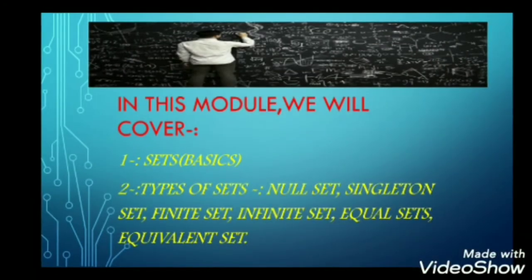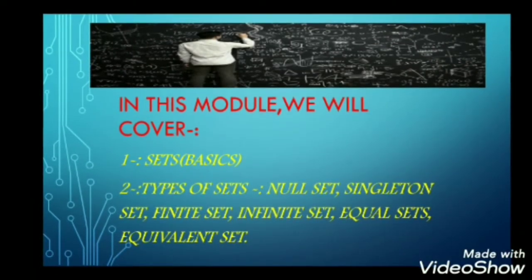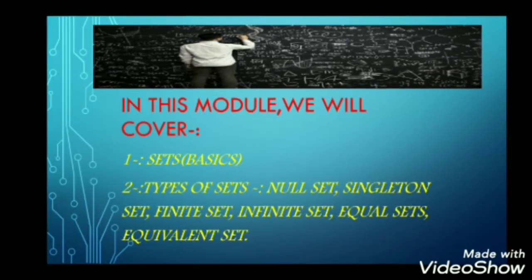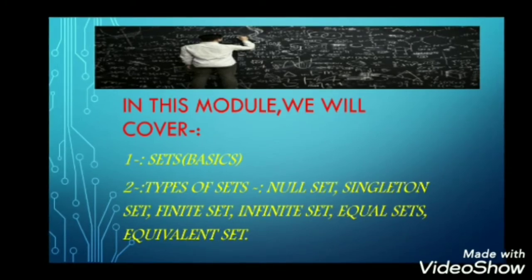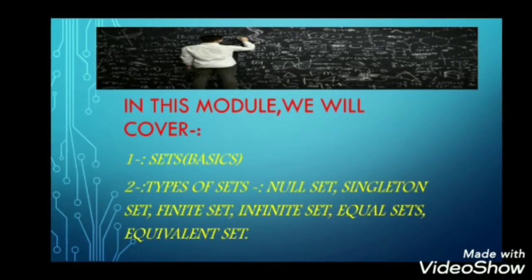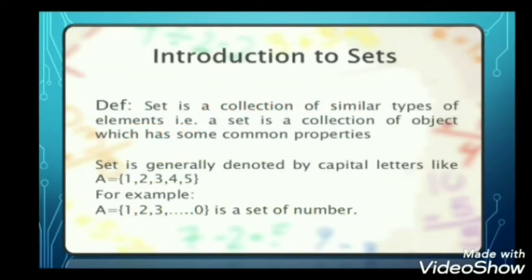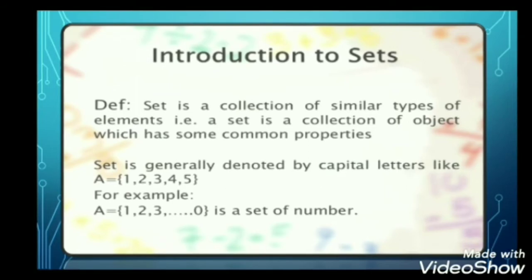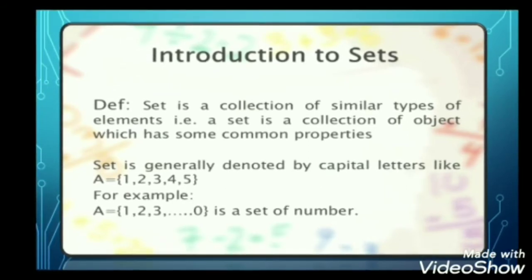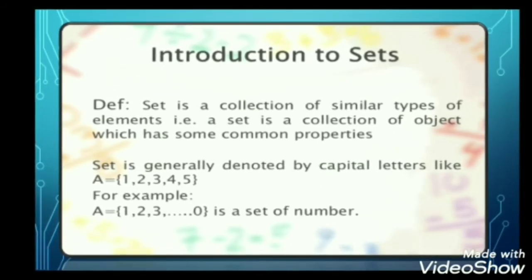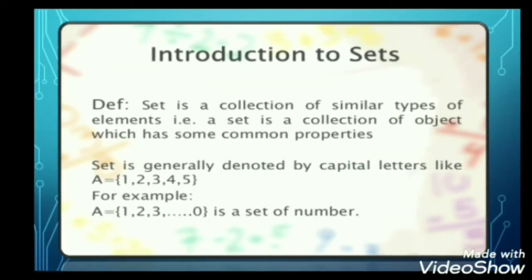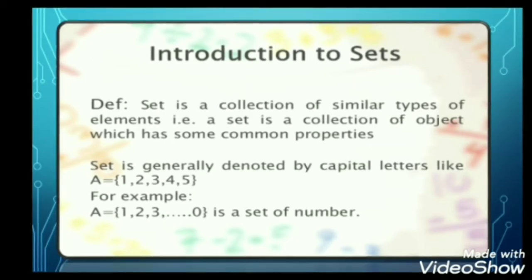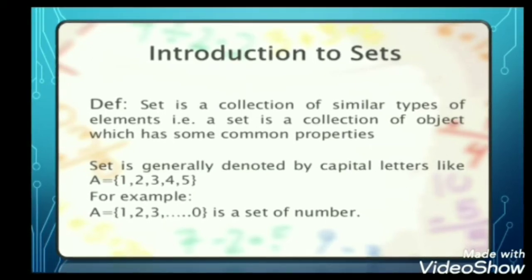We will cover the following topics in this module: the basics of sets, which we have learned in the last videos, and types of sets like null set, singleton set, finite set, infinite set, equal sets, equivalent set, and so on. So let's brush up the basics. Dear friends, what is a set? Sets are a well-defined collection of objects and elements which exhibit the same properties. A set can also be called a group, but it should be denoted by a variable, which should be capital. It is true that everything can be represented in a set, but it shouldn't be ambiguous, meaning there should be a valid perspective of listing the elements in the set.